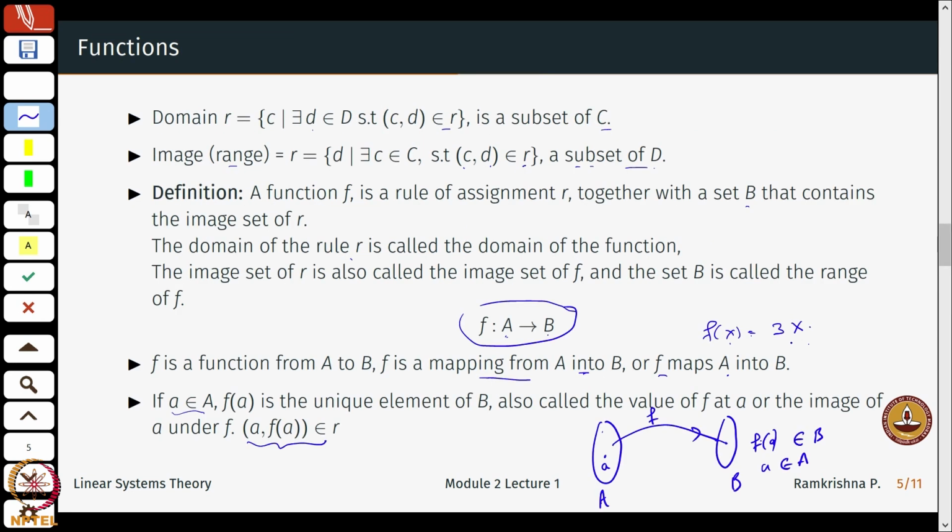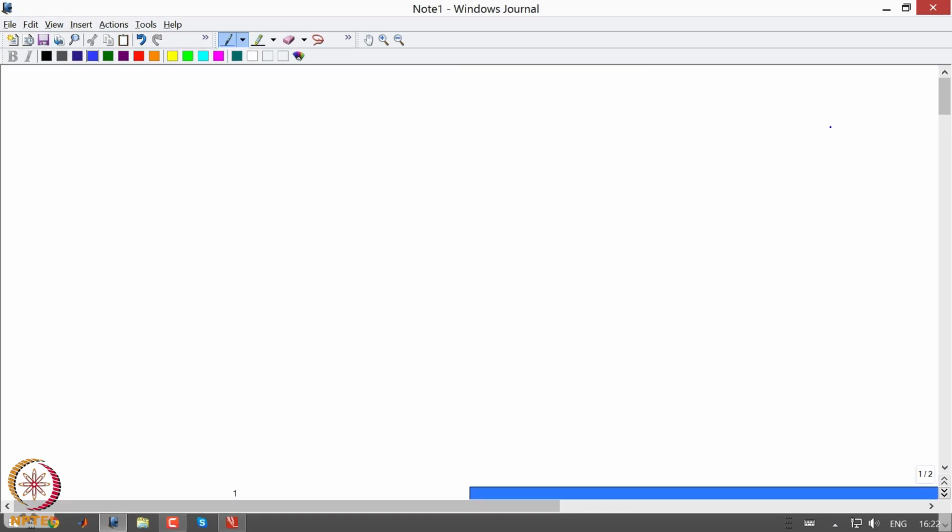Right. Okay. So what is interesting, before we go to composition, is that whenever I just say a function f of x, by definition it is not complete. So if I just say y equal to f of x, I need to really specify what the domain and the range are. So let us quickly do some examples. Let us say I take a function f1, which is R to R, the entire space of real numbers. That's the domain space. The range space is also the entire R, and it is defined in such a way that f1 of x is simply x squared.